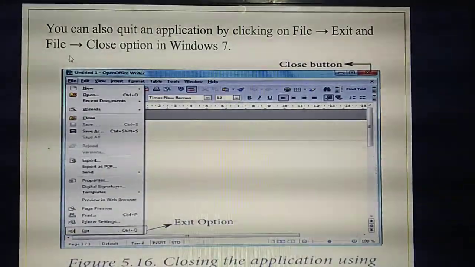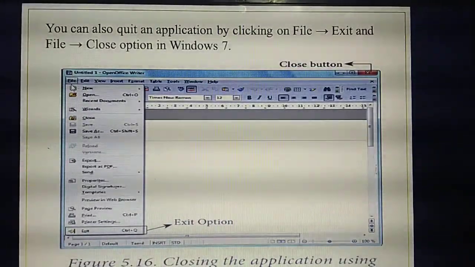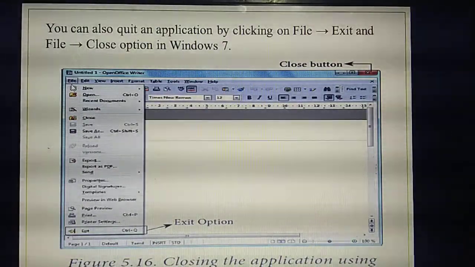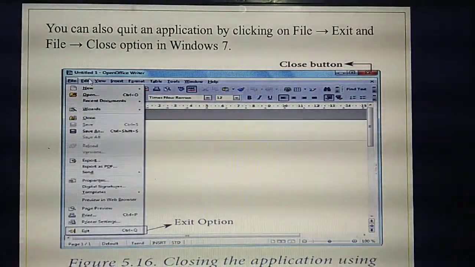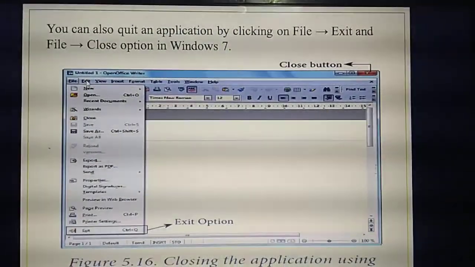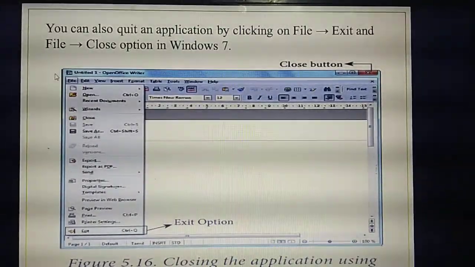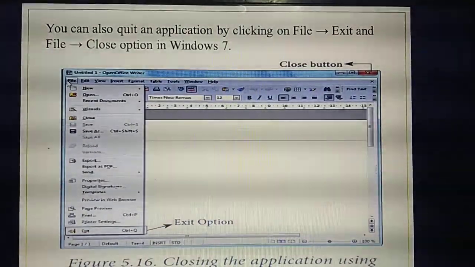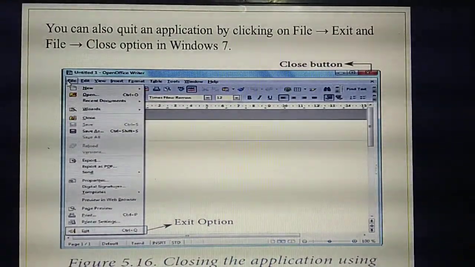The second method: in the menu bar, where is the menu bar? The menu bar will be present below the title bar, isn't it? In the menu bar, you need to click the File menu. So to close an application, where do you need to click?